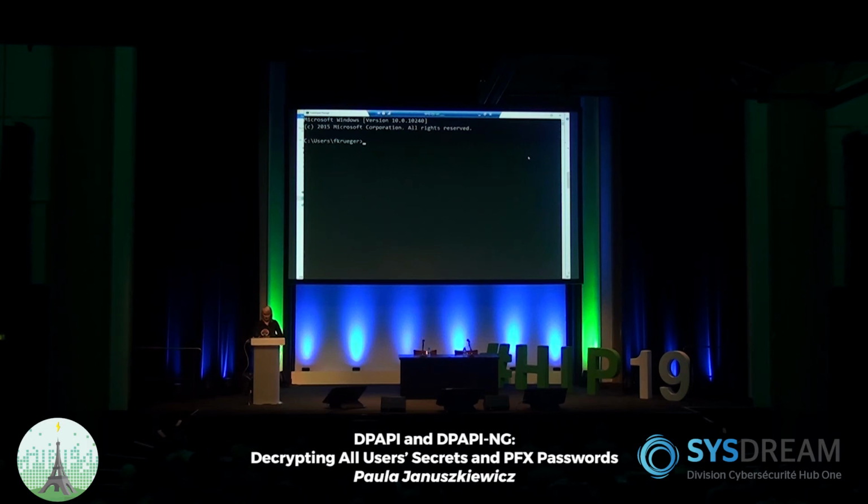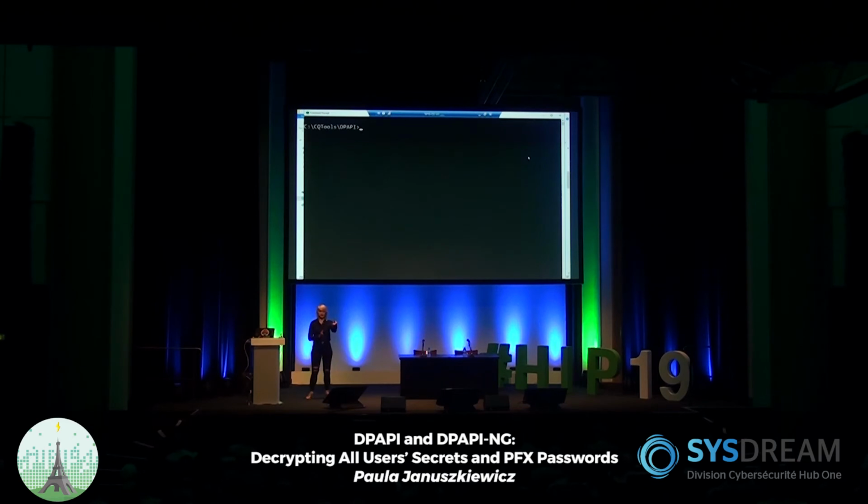We're gonna start a command prompt as a user, back again on Windows 10. I'm back on Windows 10 right now. So we've got this exported PFX. I already copied this to this machine so that we don't have to do it. Now let me show you. We're gonna get into the CQ tools. We're gonna get to the DPAPI.